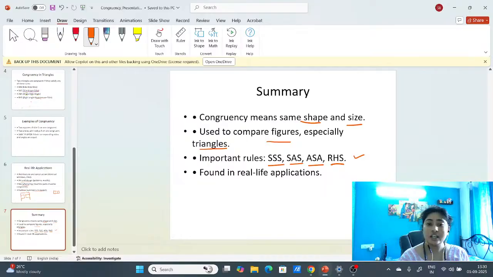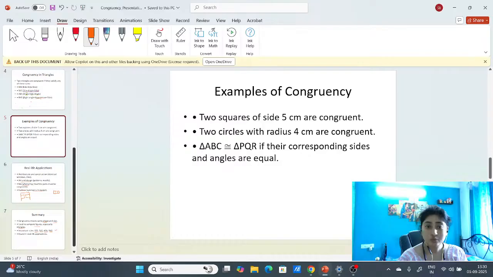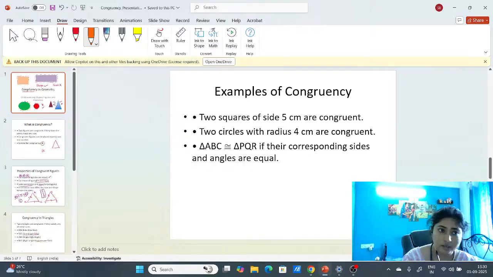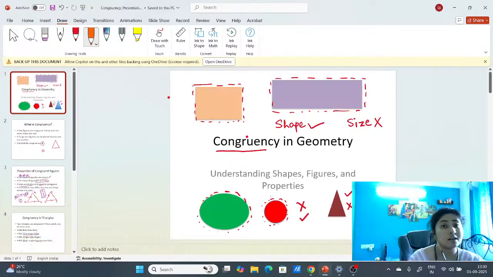Here two squares of side 5 centimeters are congruent. So congruency is not only about triangles, right? In the first slide itself I showed you that we can compare circles, we can compare rectangles, we can compare any shape. And I have also compared my hand